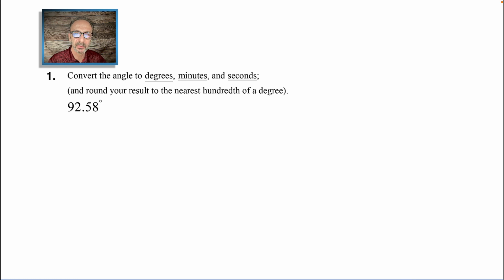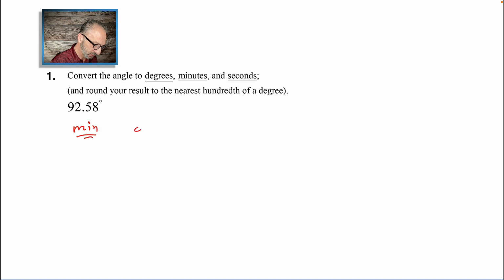Convert the angle to degrees, minutes, and seconds, and round your result to the nearest hundredths of a degree. We're given 92.58 degrees, and we need to write it down in degrees, minutes, and seconds, separate units. This is how we start. To find the minutes,